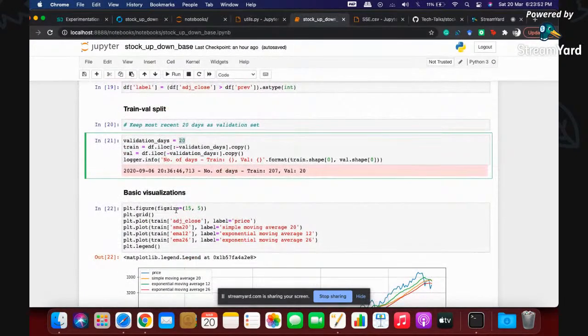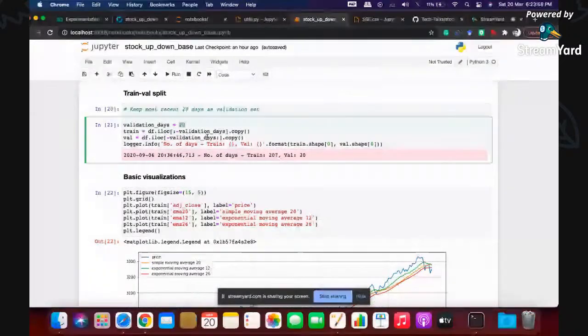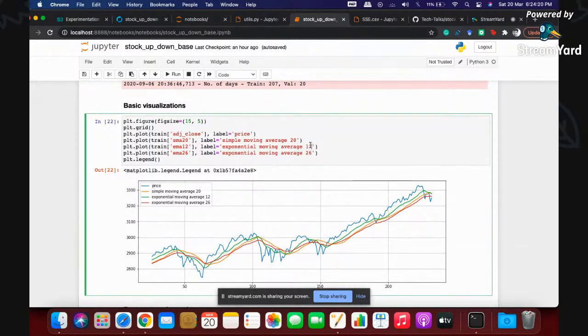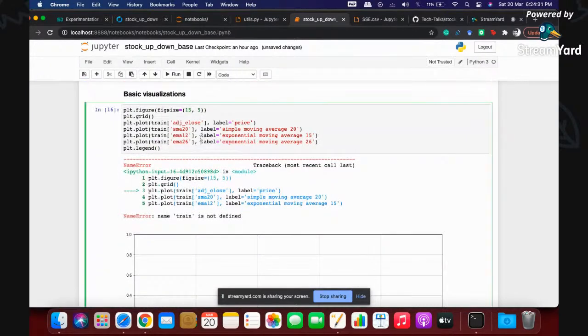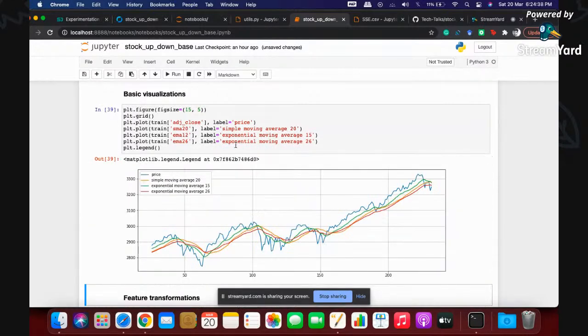So you can see, if I talk about this basic structure, we train the model. Now if I want to change the train validation split, or this graph which I'm producing right now, or suppose if I want to change the time span of this exponential moving average, whatever features or parameters we want to tweak, then after a moment it becomes quite difficult to keep track of everything. Suppose I change this to 14 or 15. Oh, I've not run this before, right? Let me run all of it. Okay, then it becomes quite difficult to know which plot was for which moving average label, where it has been logged, and